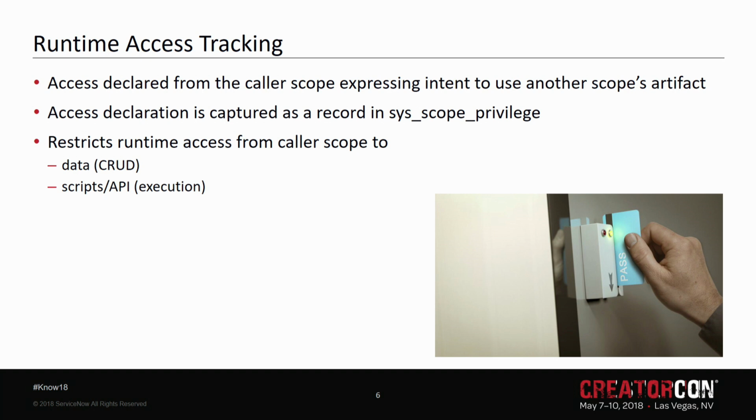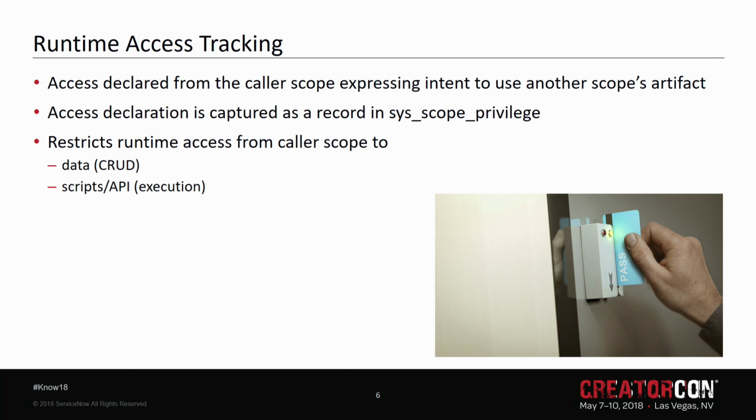So we'll start with runtime access tracking, and I'll hand over. Before I go into the what and the hows, let me talk a little bit about the why. In the ServiceNow platform, you can write applications that interact seamlessly with each other, with each other's tables, script includes, and so on. For example, you can set up a reference field which points to a table in a different application, add a related list, and use it in condition builders. It all just works. However, there is